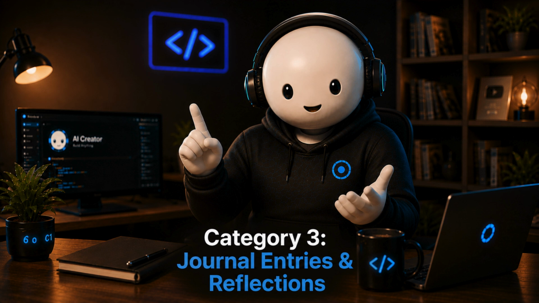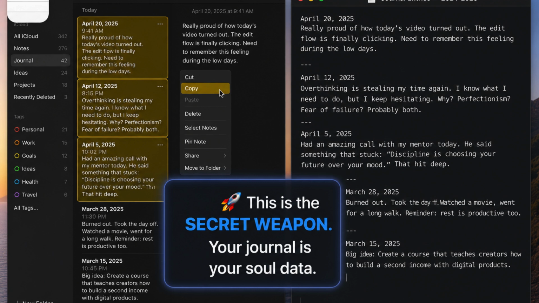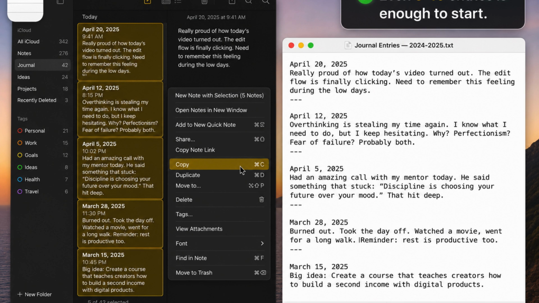Category 3, and this one's my favorite, your journal entries. If you've ever journaled, even sporadically, this is gold. Go into your Notes app, your journal app, wherever you write, and just export or copy-paste your entries into a text file. You don't need hundreds, even 5 to 10 honest entries give Claude an incredible map of how you